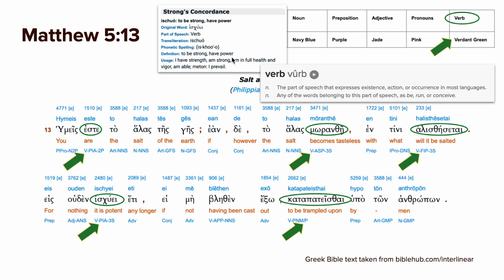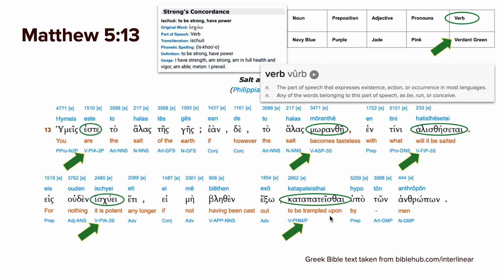We don't really have an exact equivalent in English, but the salt, or the crystal in this case, is not strong. So it's eis outhen. It's not good for anything anymore. So it's not strong for anything. It's not useful for anything, basically. And then we have an example here of an infinitive,